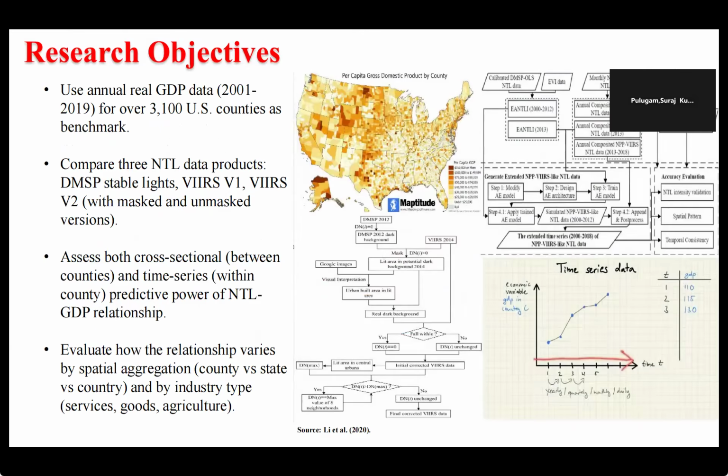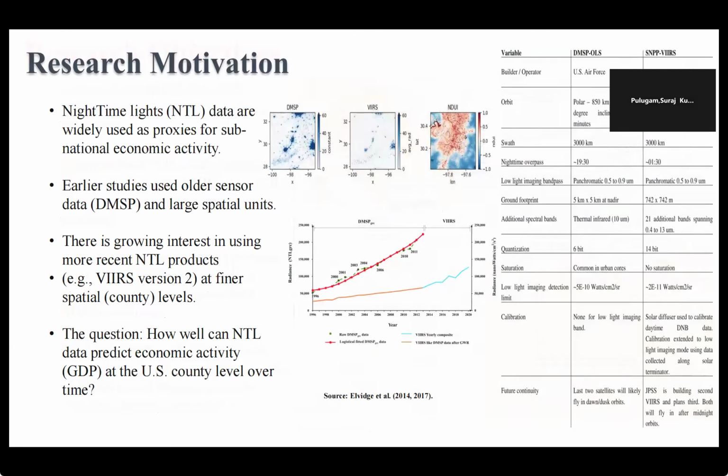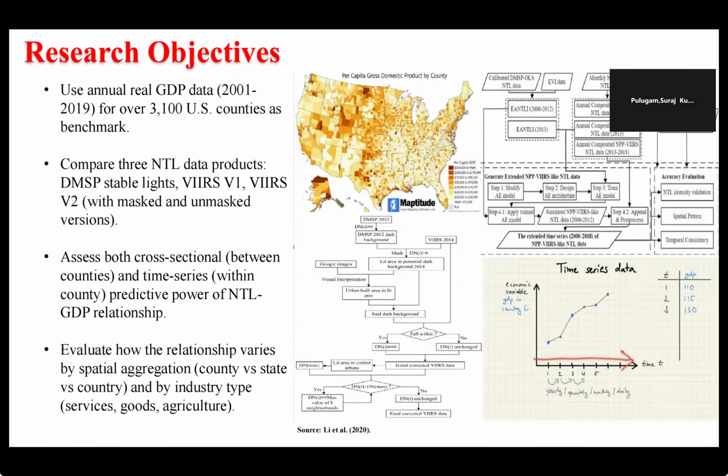Coming to this image, it shows the differences between the image capture of the DMSP and the VIIRS, and also the technological improvements between the two sensors, and the scope of the two sensors over the years. And coming to the research objective, the key objectives of this study are to use